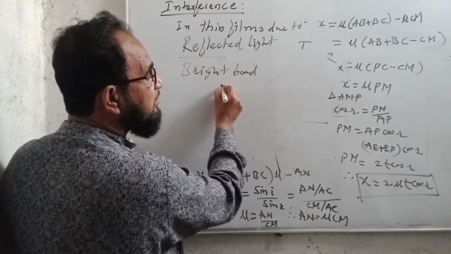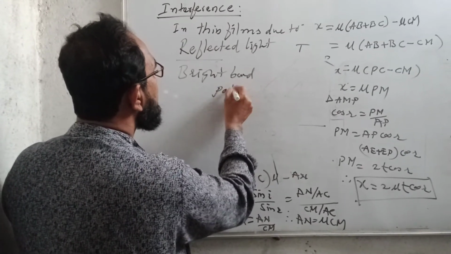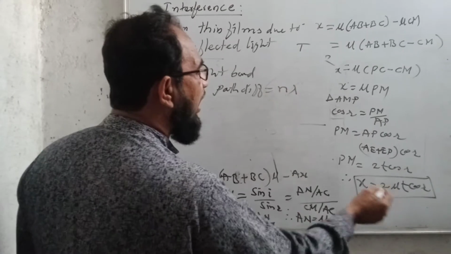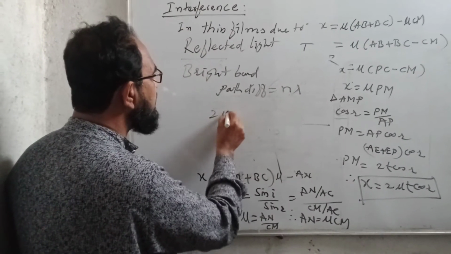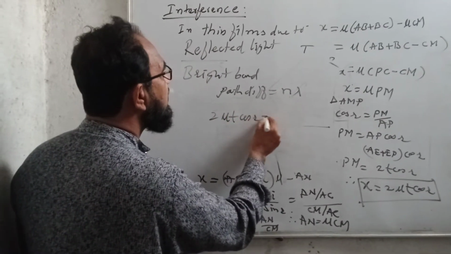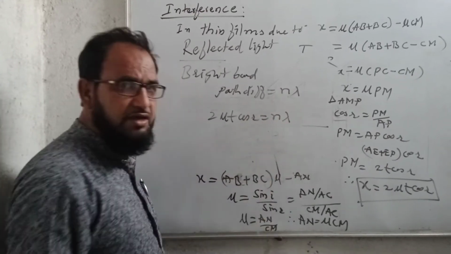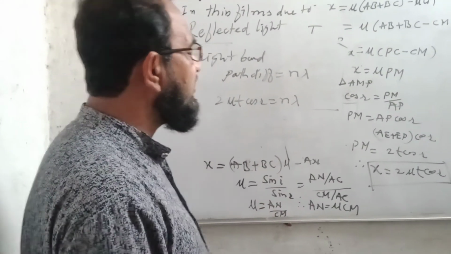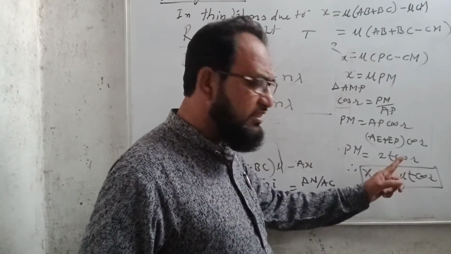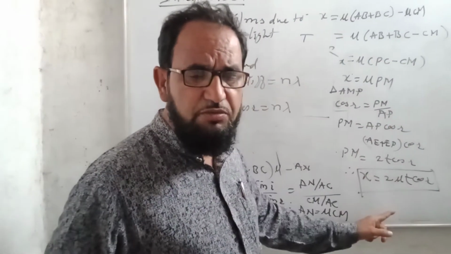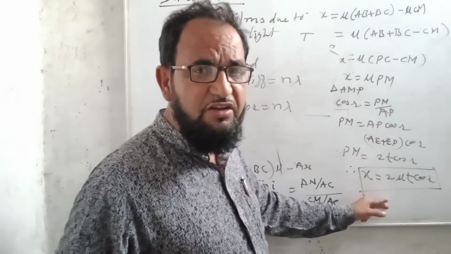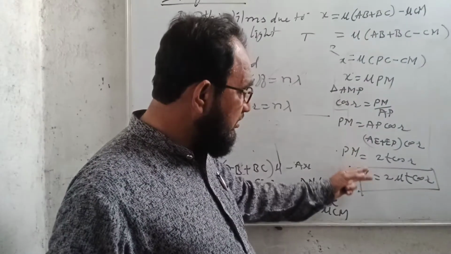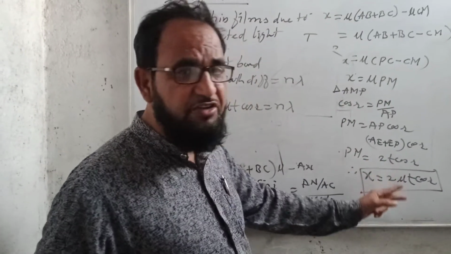Suppose here path difference is equal to n lambda, so I will say that if 2 mu t cos r is equal to n lambda, then the point will be bright. But here in this path difference, one thing should be noted,